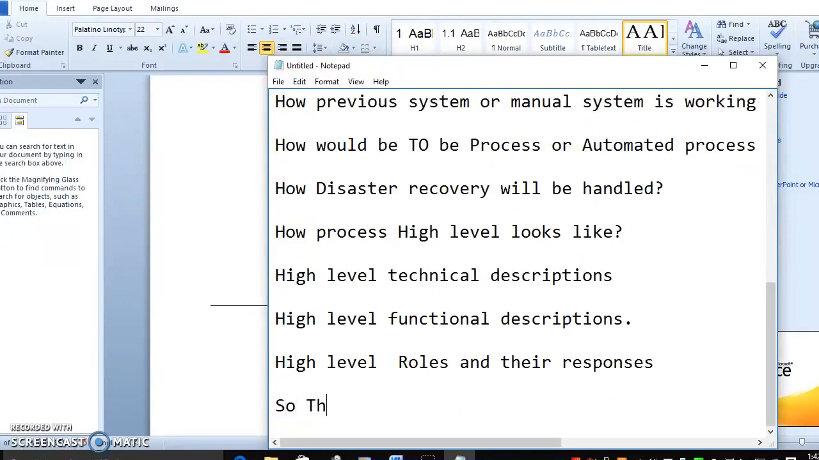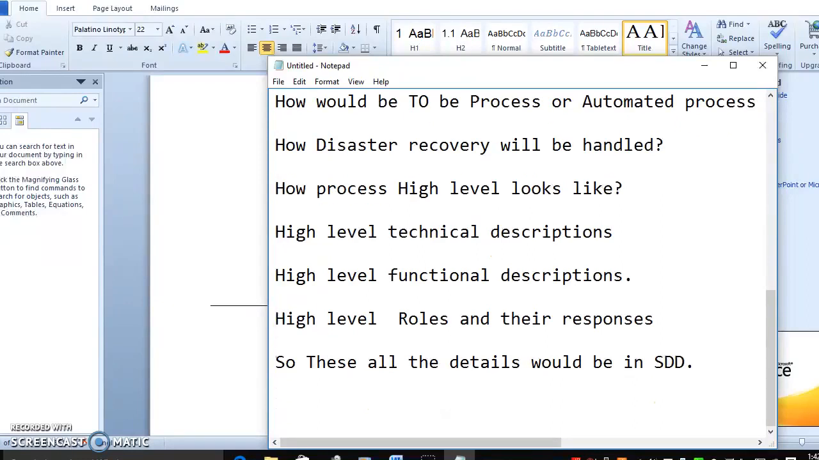So these are the details being studied. Okay, let's see how an RPA resume